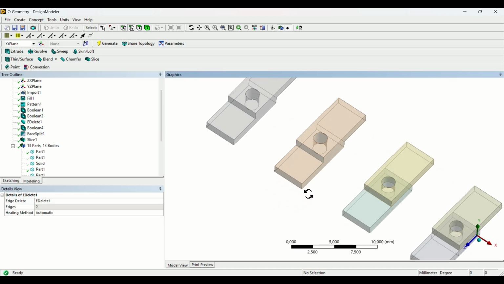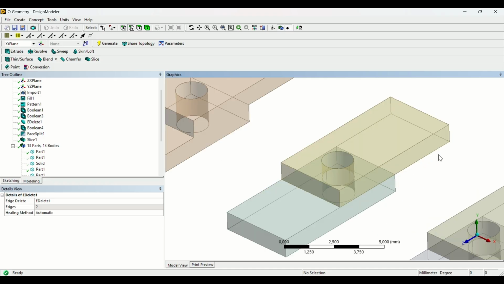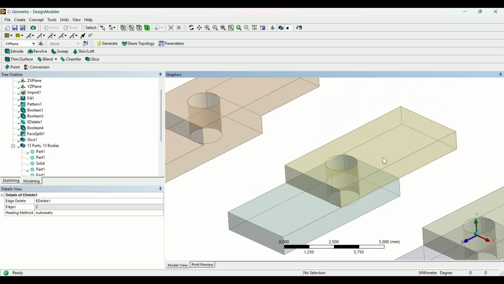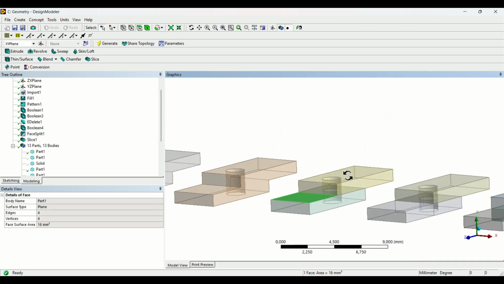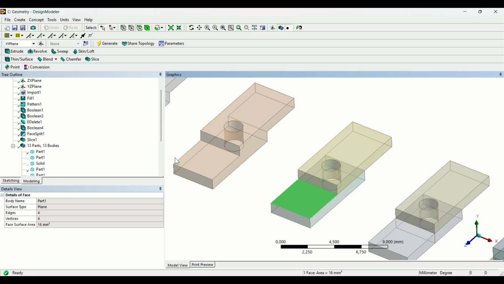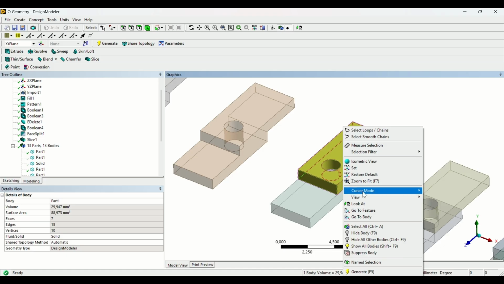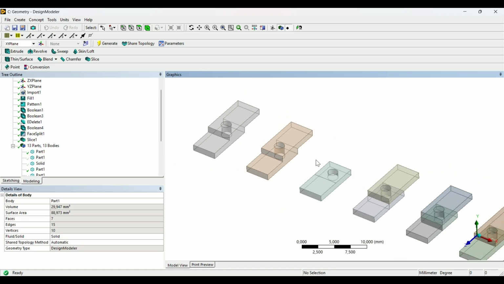Something else that can be done, for example, in this geometry that we have here, as you can see, here are the edges that I was talking about before. These are two different bodies. The only difference is that I just clicked on this face. I'm going to hide this body so it's better for you to see what I'm talking about. You can see here a line, and I'm going to show you a